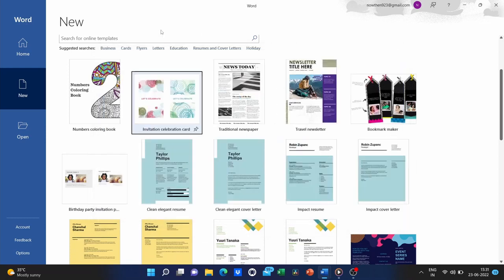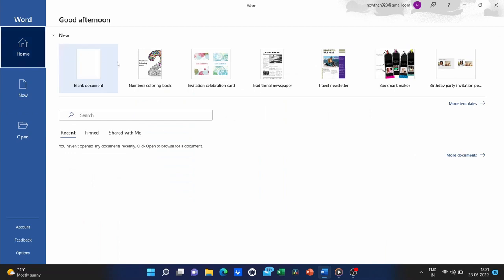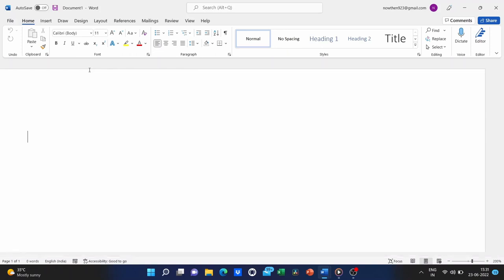But in this tutorial, we're going to focus just on creating starting from scratch. And so I'm gonna click here where it says blank document. And it opens up the Microsoft Word layout and a blank document. Now there's so much to Word. Most people don't really use Word to its full capabilities, but in this tutorial, I'm really going to focus on the basics, on those essentials that you need to know to start using Microsoft Word effectively. I want to give you a quick tour of what you're seeing here in the layout.